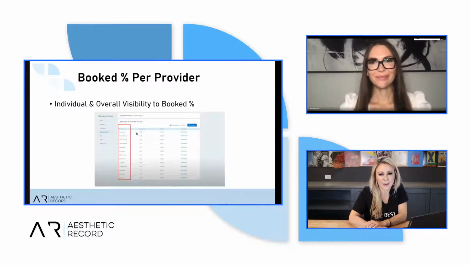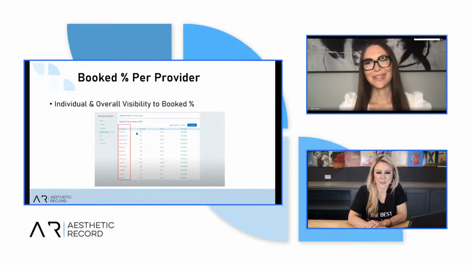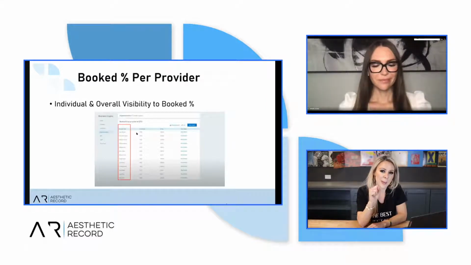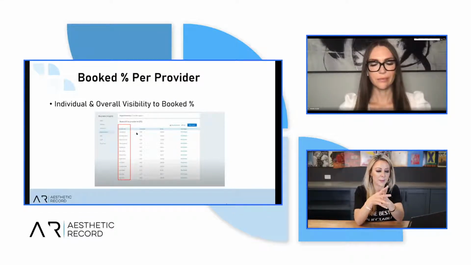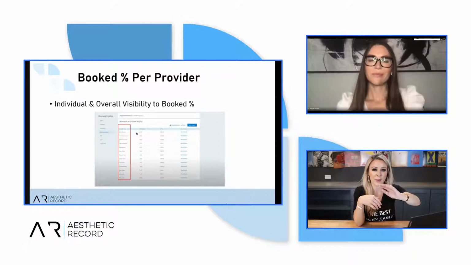And then my report that's my most favorite is our booked percentage by provider. So we were able to, many moons ago, provide to you a booked percentage by provider number that had like a nice little donut chart on it and just had some little fun information that really wasn't all that helpful for you, the way it was listed out. Now you can look at your entire clinic by provider and stack rank them, or look at your overall booking